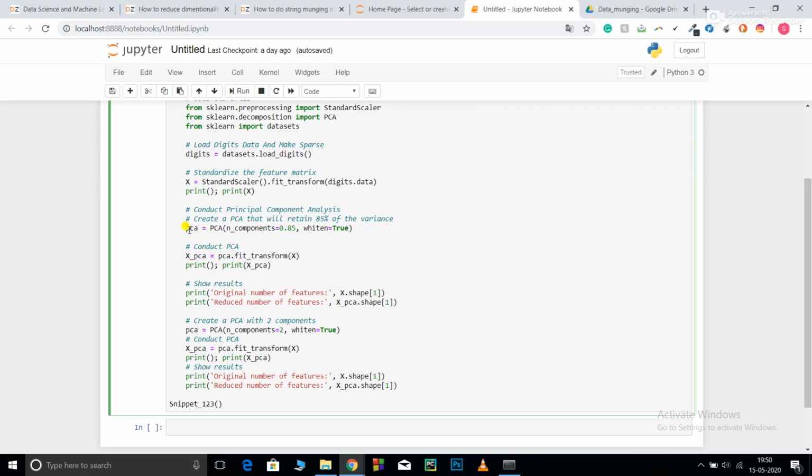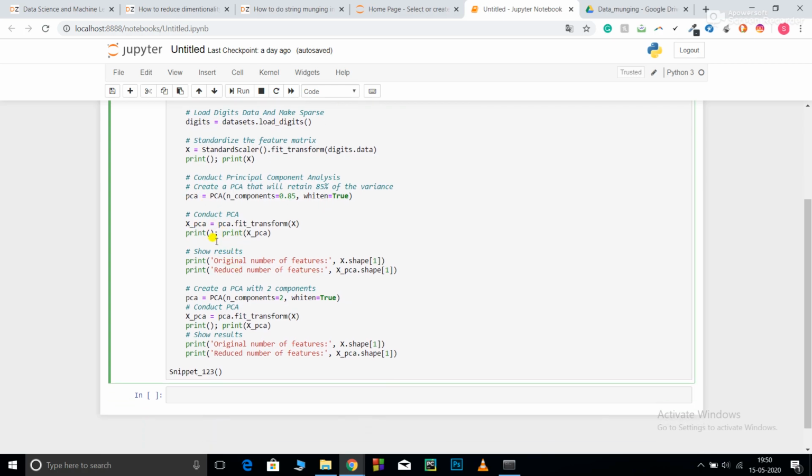So my PCA has been initialized. Now X_pca equals PCA.fit_transform(X). Basically, n_components 0.85 means it keeps enough components to retain 85% of the variance, like reducing 100 components to about 85.